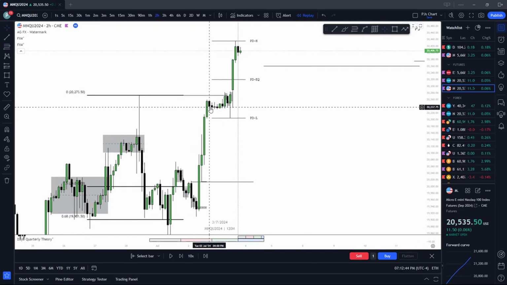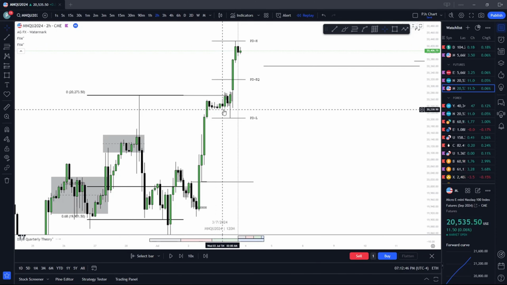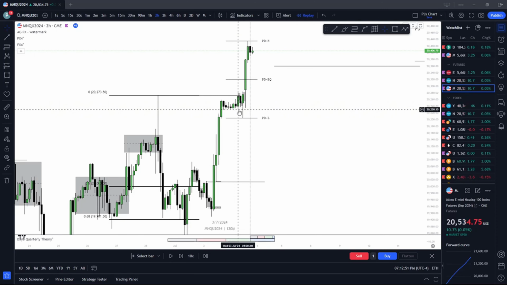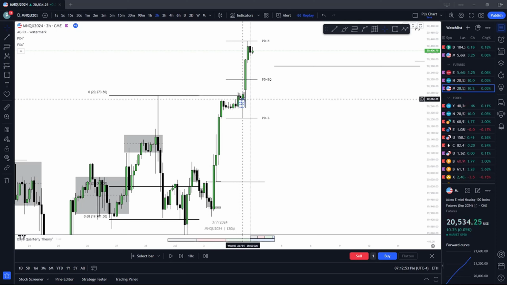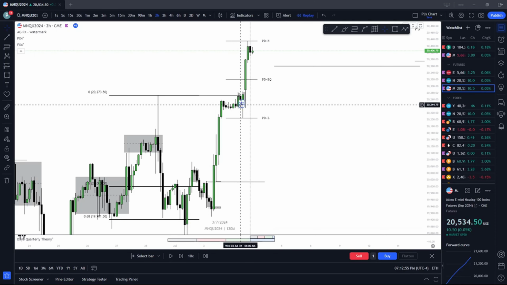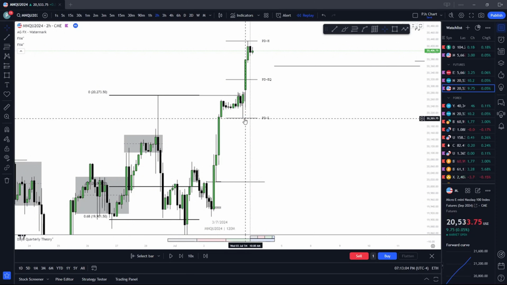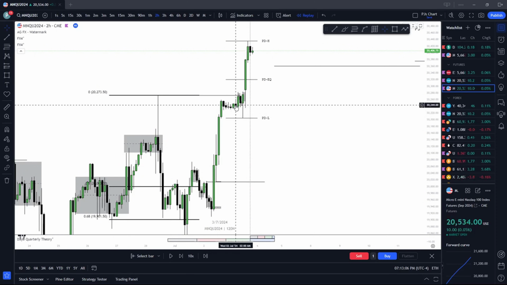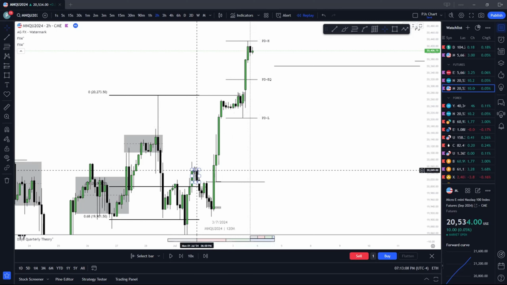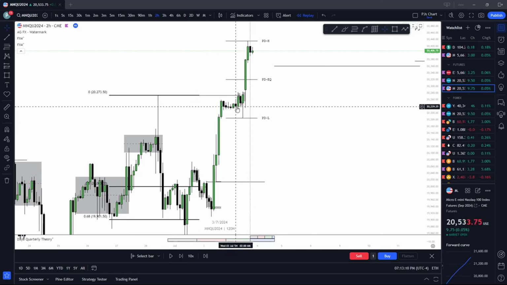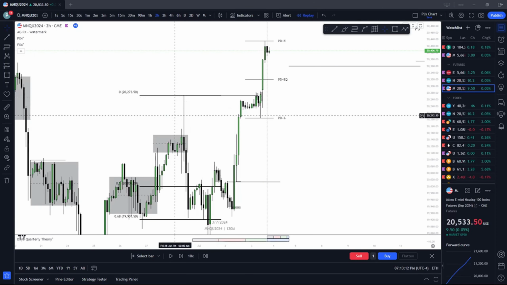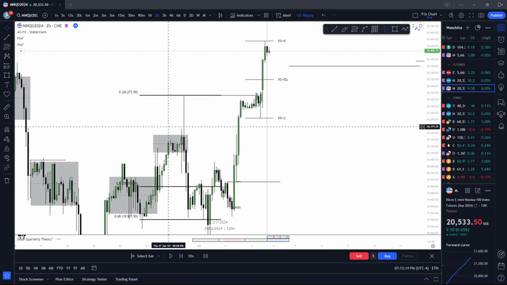Honestly, just knowing that we like Wednesdays, like I said, it was mainly a draw on liquidity and order flow trade. When I was newer, I definitely wouldn't take a trade like this because I wouldn't be sure where we'd retrace to. But the higher time frame accumulation warrants us to not retrace, just manipulate. A retracement could be all the way back down to the breaker. But with the higher time frame high, the longer wick that wants to be filled to and through,